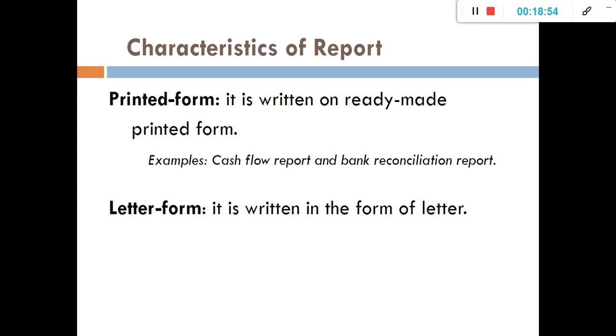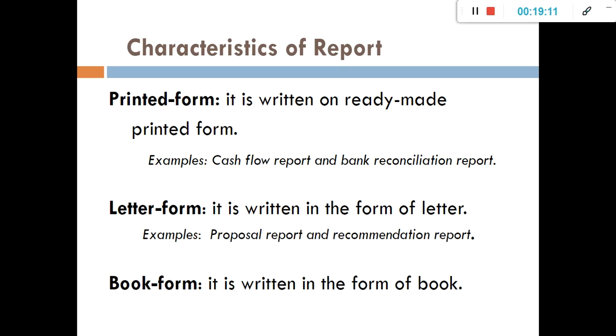Okay? Meron din tayong letter form. Ayan. So, dito naman in a form of a letter. So, alam naman natin yung itsura ng isang letter. So, that could serve also as an example of a report. So, let's say, for example, they call this one, a memorandum. So, that's a good example of a letter form report po kasi. Okay? Next is, ayan, proposal report and recommendation report as well. Ayan, kapag book form naman, ito, mas madali siya, no? Kapag book form naman, basically hardbound.